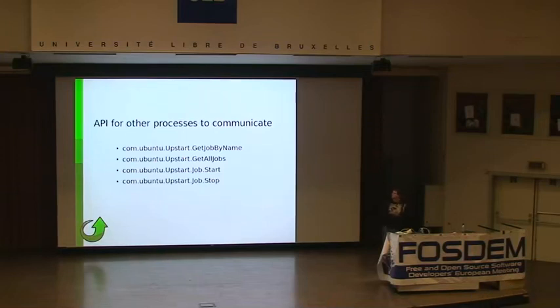The earliest versions of Upstart used a private API for this. The later versions of Upstart simply use D-Bus. So you can communicate with the service manager over D-Bus. And particularly, you've got various commands. You can tell Upstart to get a job by name, so you can say, give me the Apache service, give me the Squid service.